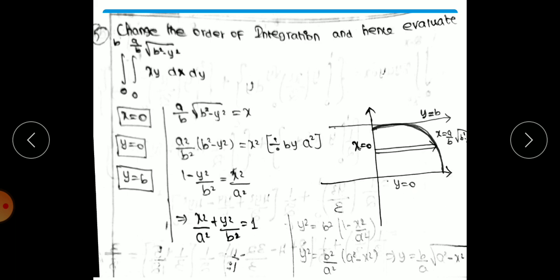Next, change the order of integration and evaluate this integral. This integral can be written with the order changed, x and y interchanged. First get the given limits and then draw the diagram, and then make a note of the change in the diagram: x varies from 0 to y and y varies from 0 to 1. So just substitute all the values and get the answer. Next, change the order and hence evaluate; this is also the same thing, which I have given for practice. So just go through it and practice it.